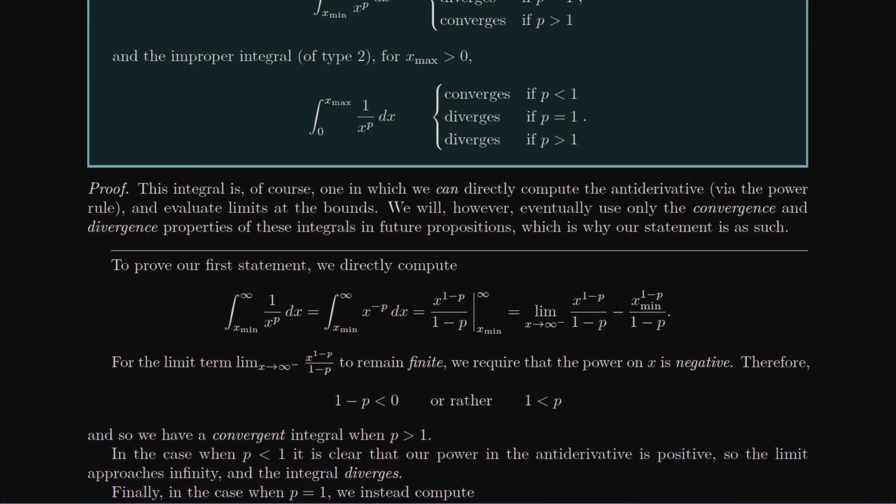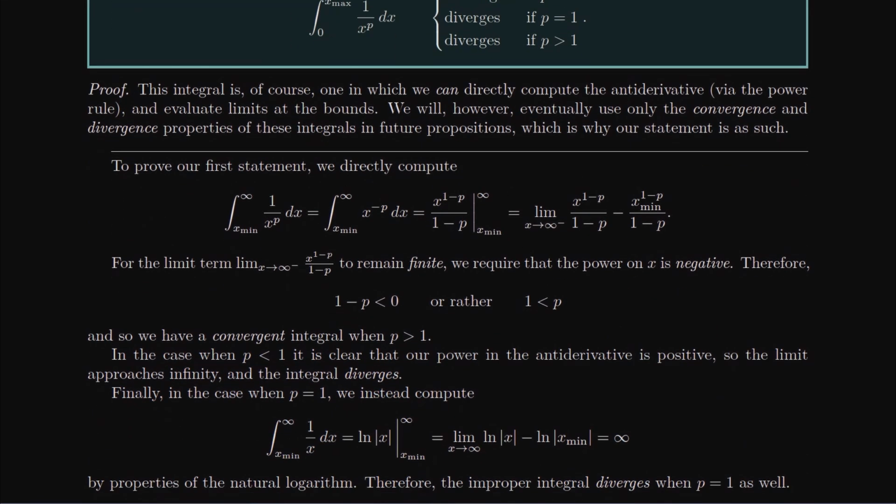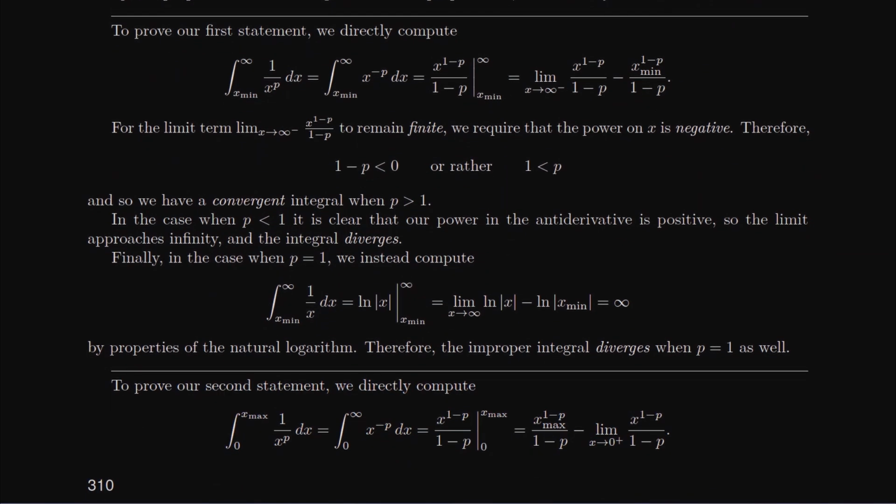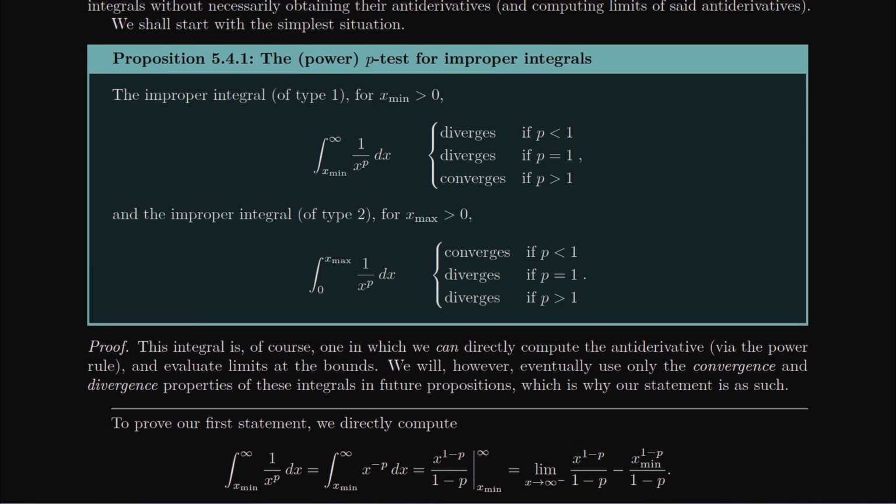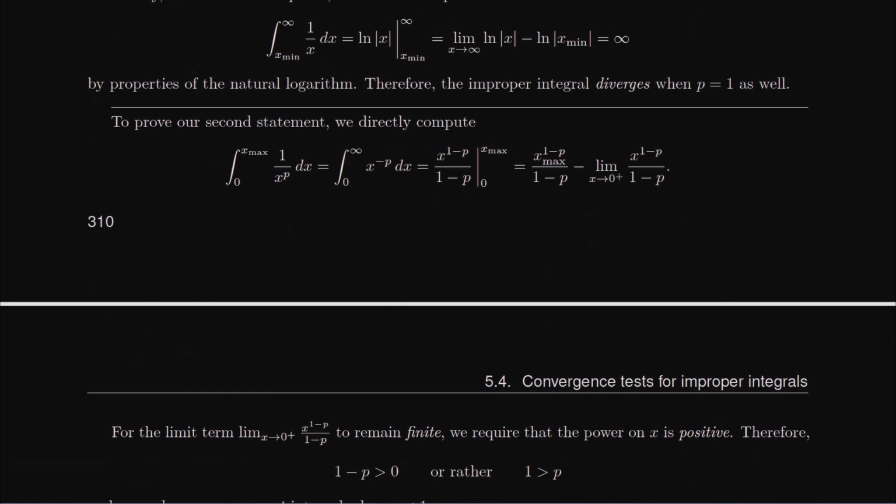Now, why is this the nice one to refer to, this p-test? Well, you can actually just prove it. So we've got our proof here, which is, directly compute the antiderivative using the power rule and see what your limits do. And you're just going to see the answers that we have. Now, I don't really care about that proof. I care that you memorize the situations that are going on here. These p-tests are really invaluable. We try to compare almost everything back to a p-test, and otherwise maybe it'll be exponential, but exponentials are easier to deal with as well. So p-tests, very important. Try to memorize those. I gave some good examples.